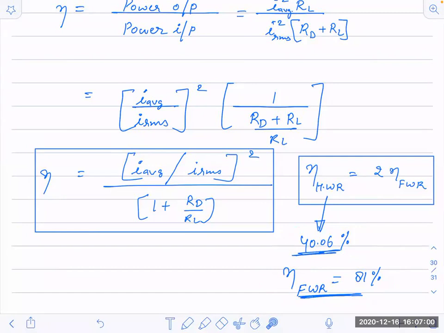So this is what the full wave and the half wave rectifier is. If you write this much, you will get full marks. Okay, you'll get full marks in the board. And in